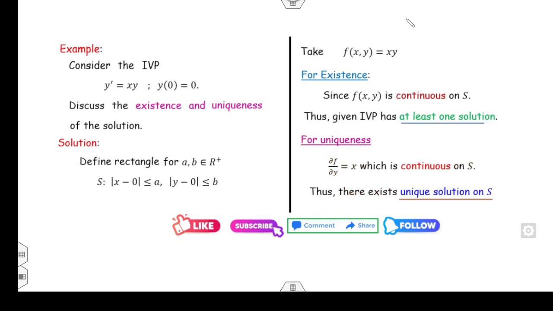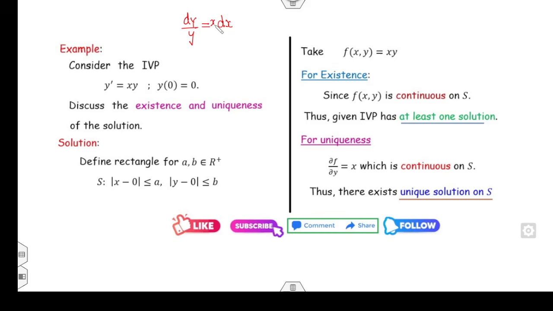अब unique solution होगा कितना? |x − x naught| less than h. वो हम बाद में find करेंगे, that is called an interval of existence. वो इस lecture में नहीं find करेंगे, अब थोड़ा पहले हम सीख लेते हैं existence क्या है. और अगर आपको इसका solution निकालना हो तो कैसे करोगे आप? You can find,